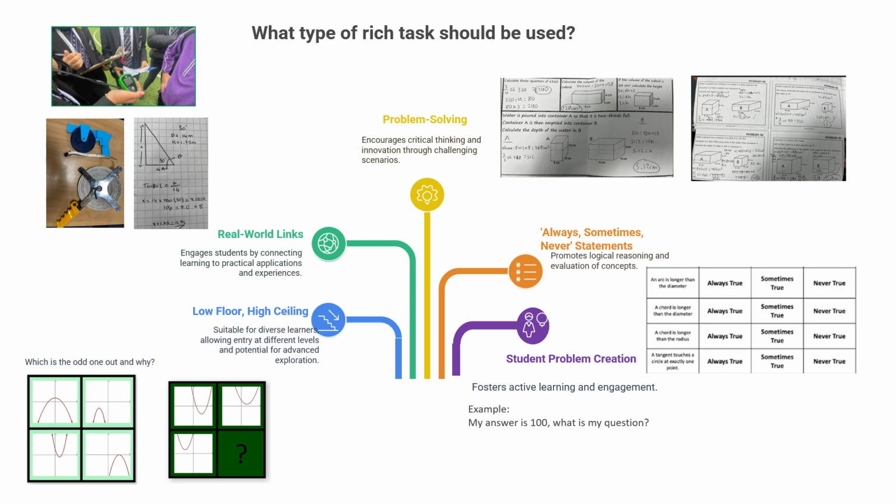Which is the odd one out, or which one does not belong, is a set of four objects or shapes or expressions or graphs with interesting similarities and differences. There is no right or wrong answer to this set of questions. Students need to give the reason.